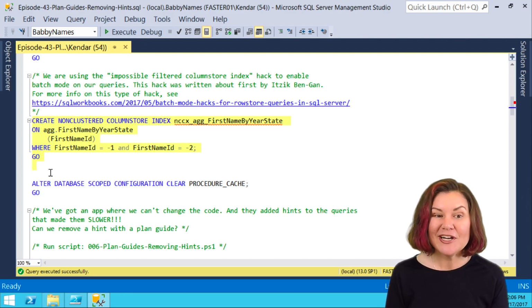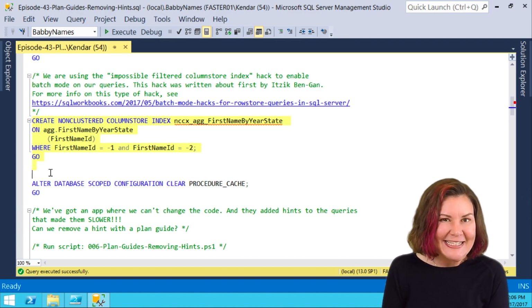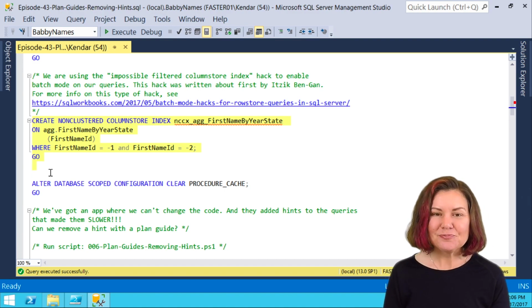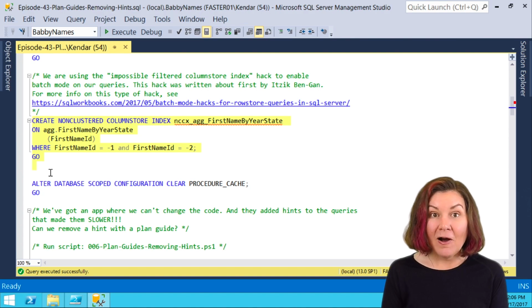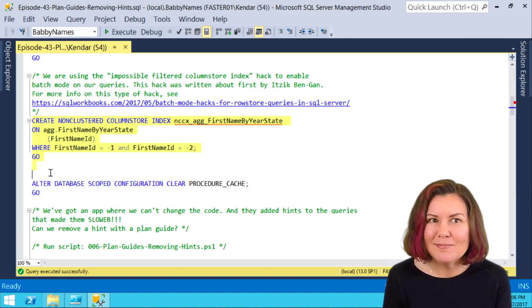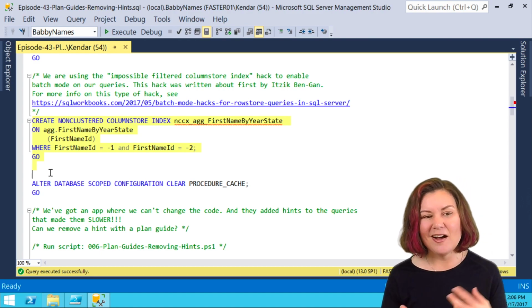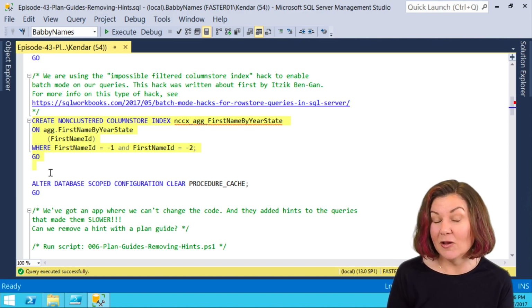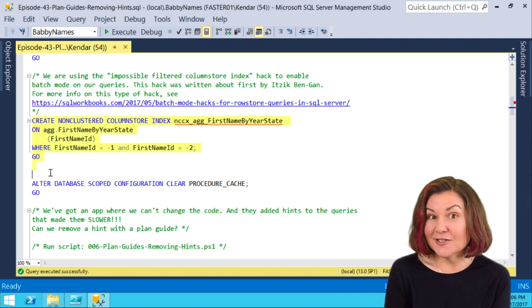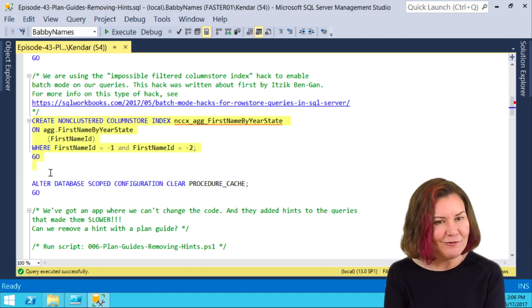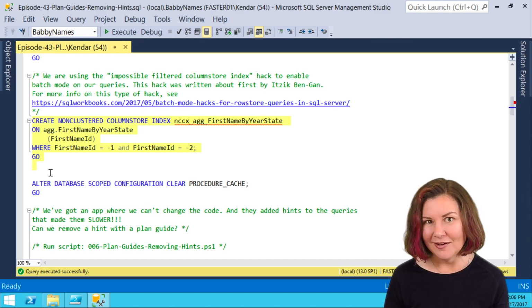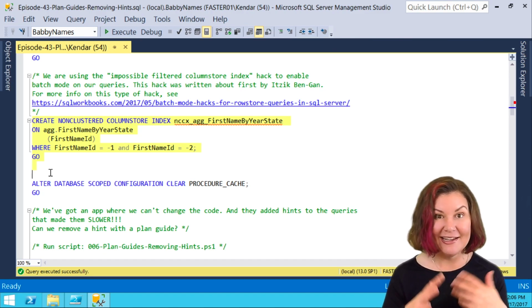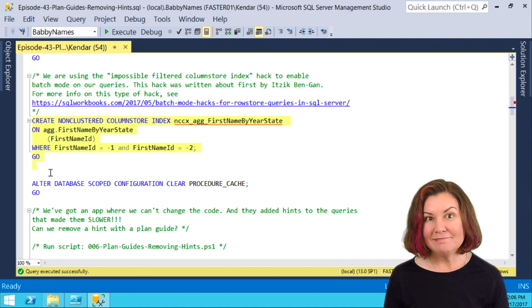So what I've done is I've already created this crazy non-clustered columnstore index with a hack that Itzik Ben-Gan wrote about, where I created a filtered columnstore index, but with this crazy filter that makes sure no rows are going to go into the columnstore index. I created the columnstore index on the FirstNameId column of the ag.FirstNameByYearState table, but then I said where FirstNameId equals -1 and FirstNameId equals -2. Now, no row can have FirstNameId have two different values, so no rows are going to get in